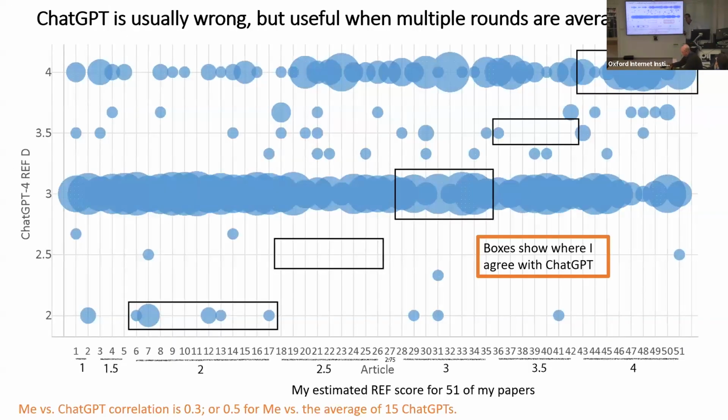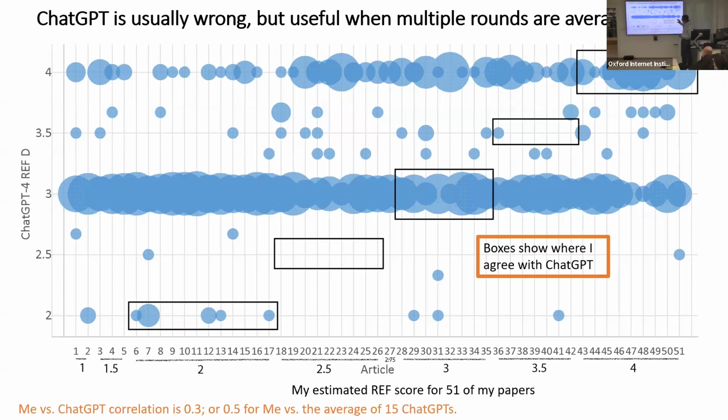So the question is, okay, what it writes looks plausible, but is it actually accurate? Are the predictions it gives accurate? So this is a graph of the accuracy, which will need a little bit of explaining. Here, these are the 51 of my articles that I fed in, and these are the scores underneath that I gave the articles. So 2 of my articles I scored a 1, the worst possible score for the REF. And obviously I gave loads of articles 4s, the maximum score. But I gave a range of scores here